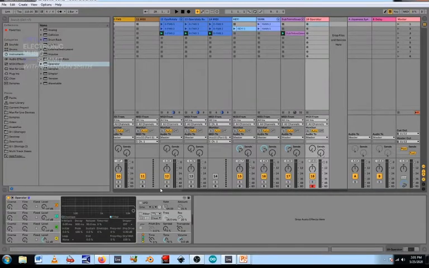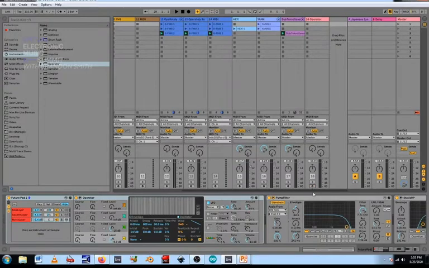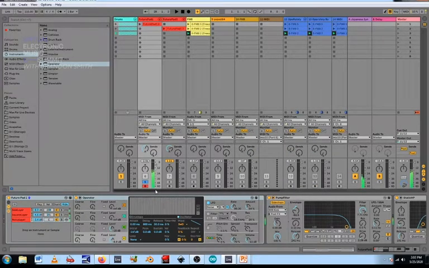So let's take a quick look at our first future pad here. Now, these future pads are pretty prevalent in trap music and a lot of kind of bass genres and such. It's funny, a lot of pad sounds tend to have a lot slower attack times, kind of more in line with what a string section would do. But this future pad sound, it's got more attack for sure. But it does have that